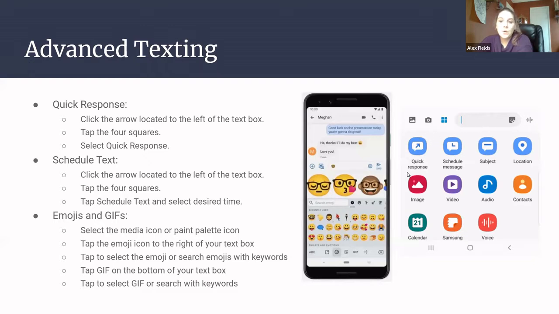And then you should see quick response. So quick response is a really good way to send a quick message that is pre-downloaded onto your phone. And if you don't have it in your text messages, it might be that your Android device has a quick message option,